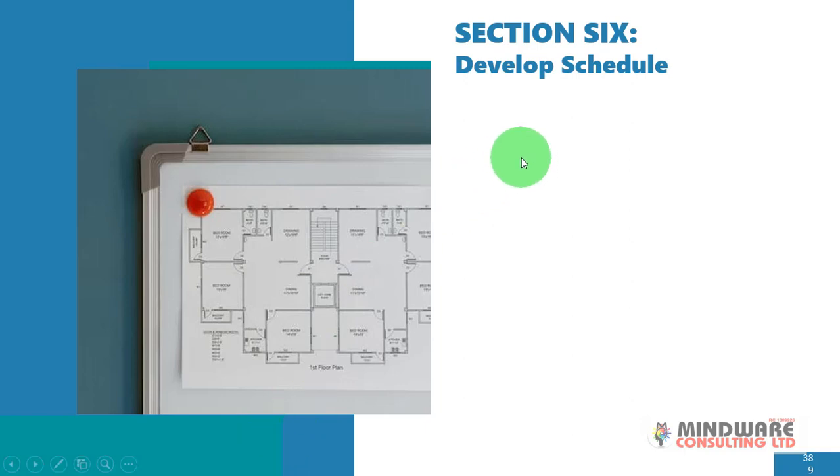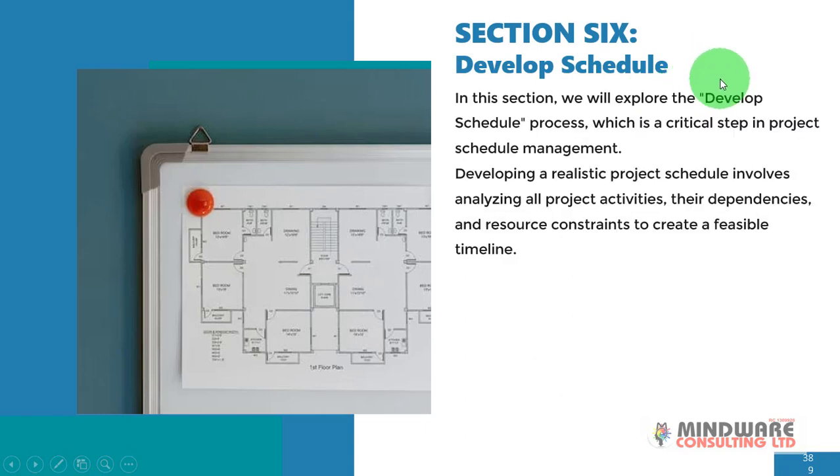Now, welcome to section 6. In this section, we'll be discussing develop schedule. And we'll explore the develop schedule process, which is a critical step in project schedule management. Developing a realistic project schedule involves analyzing all project activities, their dependencies, and resource constraints to create a feasible